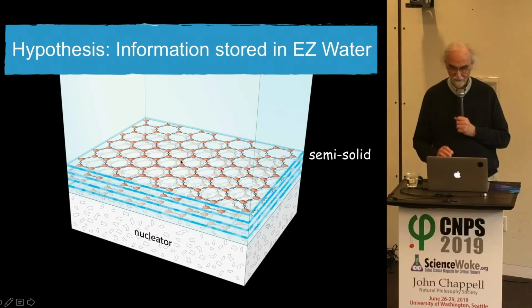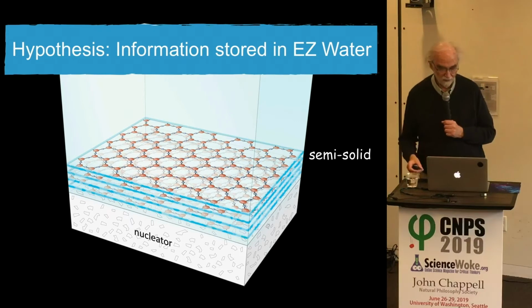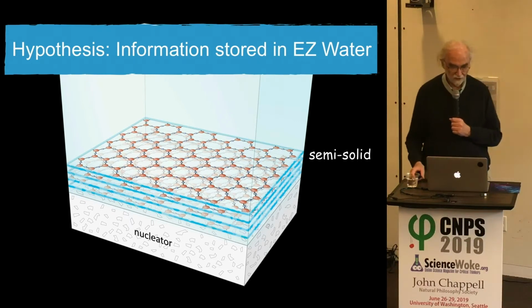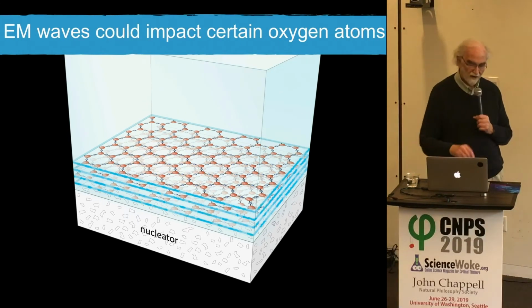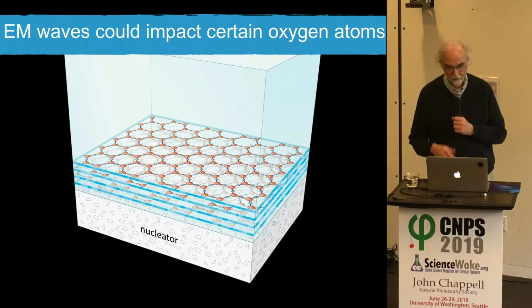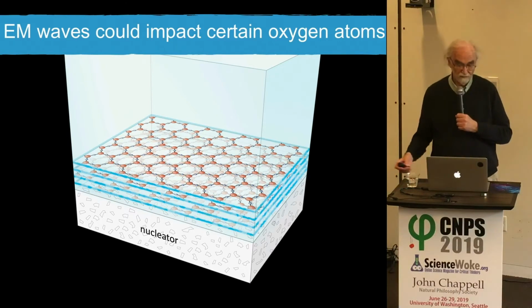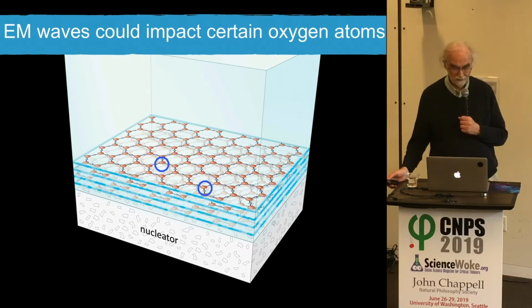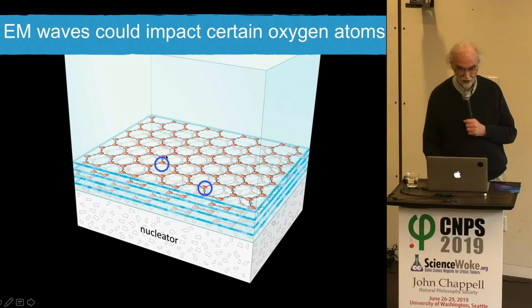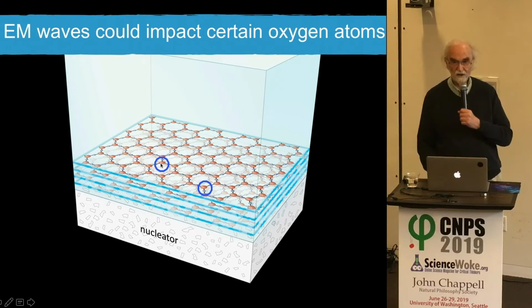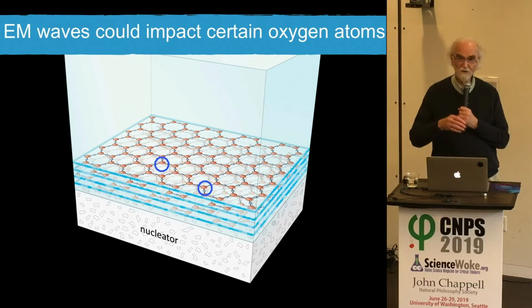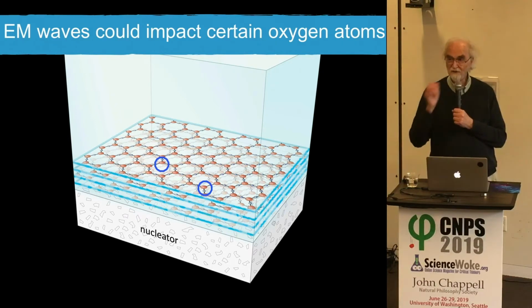What's really interesting about it is when you think about how information could be stored. You have electromagnetic waves coming in, and suppose an electromagnetic wave impacts certain oxygen atoms, but maybe not others, depending on their position, something like this. It turns out that each oxygen has not 2 states, but actually 5 oxidation states. The one we usually know about is -2. There's -1, 0, +1, +2.